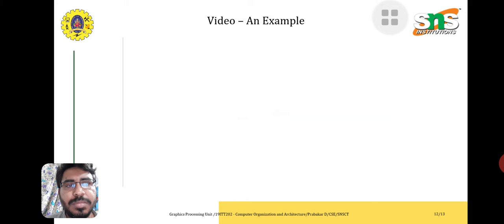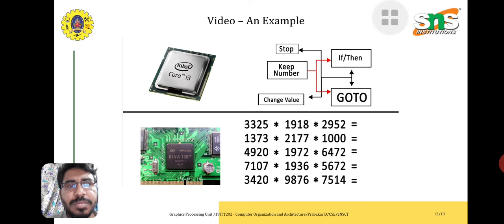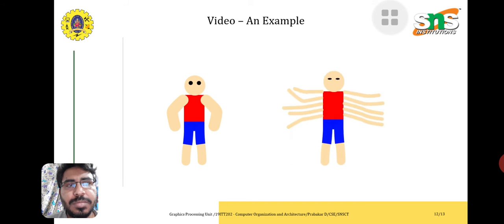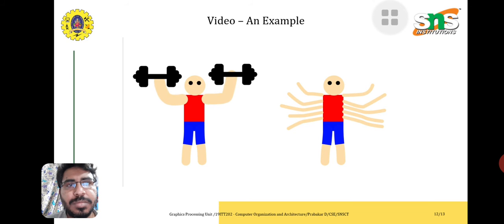So in summary, a CPU can do 8 really complicated things at once, while a GPU can do thousands of very simple things at once. Think of one person with 2 big strong arms and another person with 10 very weak arms. If you needed 2 big heavy things lifted, the person with 2 arms is best for that task. But if you need 10 lightweight things lifted, someone with 10 weak arms is better.